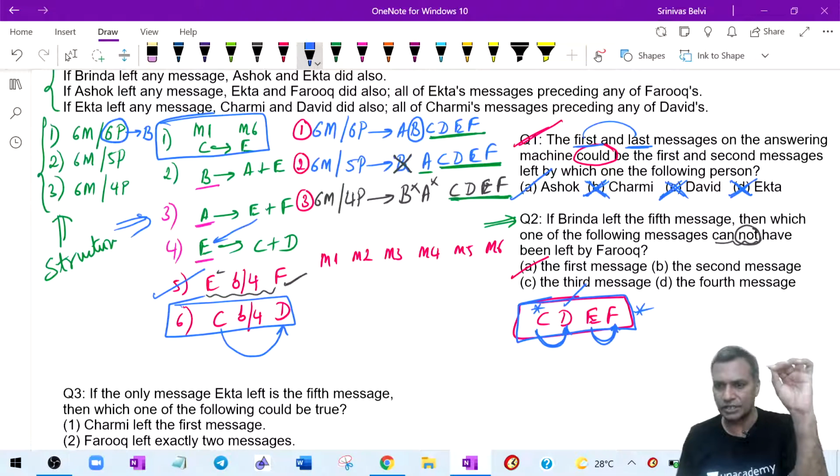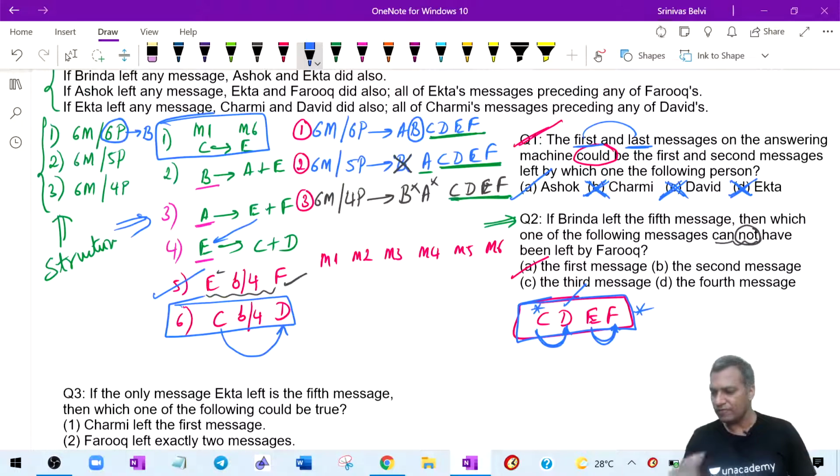I hope you are following this. Are you following this, my friends? Are you following what I'm trying to say? If anybody understood that C, D, E, F is a mandatory pair and understood conditions 5 and 6, it hardly takes any time to pick the choices. I hope it's making sense.